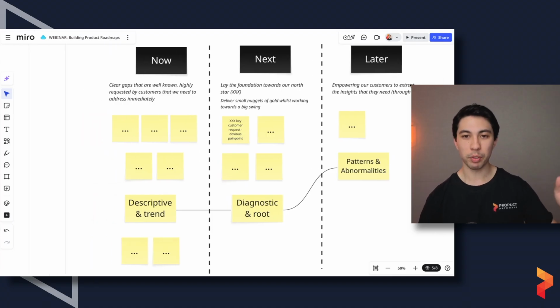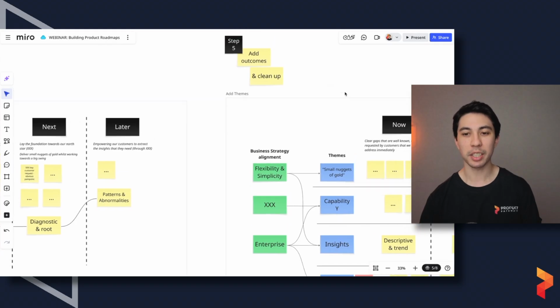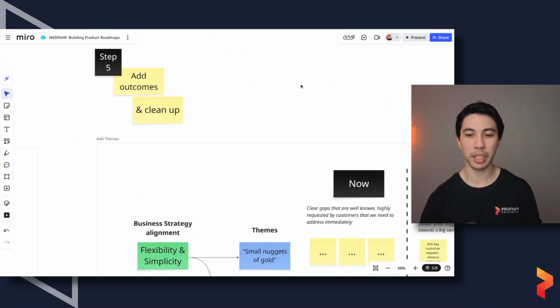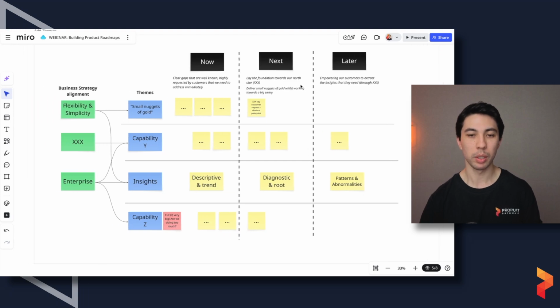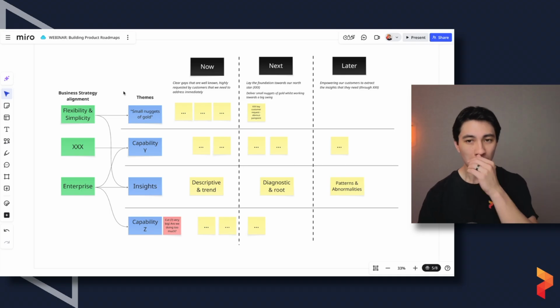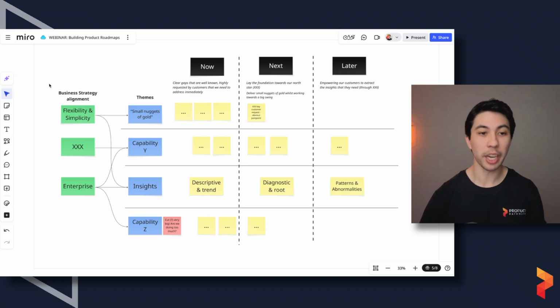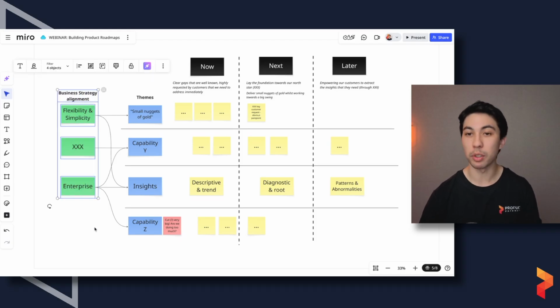So from there, we've got this semblance of a roadmap. Now we can start to actually add in outcomes and really clean it all up. So this is where we started to get to. So now it's starting to look even more, I guess, fancy, or there's more elements to it. The first thing that we did was we checked ourselves. We asked, how does all of this align back to the business strategy? So we took